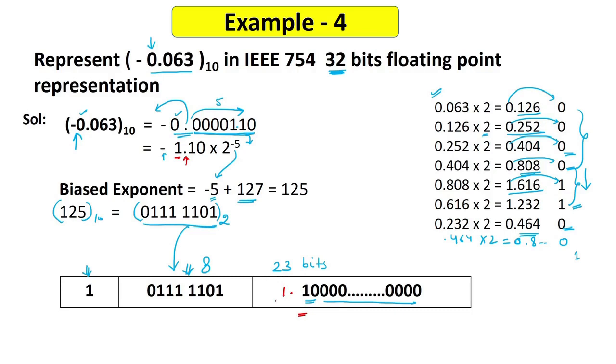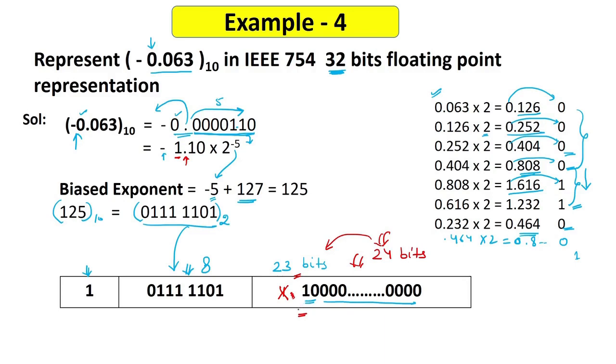We are saying that this is implied. This is assumed. So if you remove this dot, you can assume that here actually there are a total of 24 bits stored. Not 23 bits, they are 24 bits stored, but we are not actually storing it, it is implied. So we are actually storing 23 bits and we are representing a 24-bit number in 23 bits. This is a trick in the IEEE 754 representation, which we will understand in our next videos. So this is how the IEEE 754 representation works.